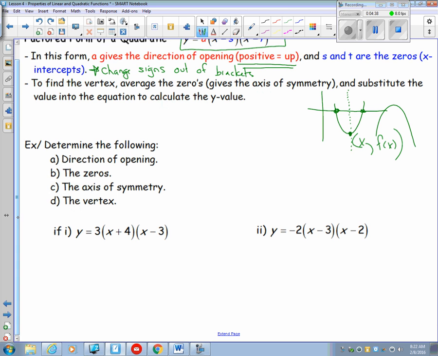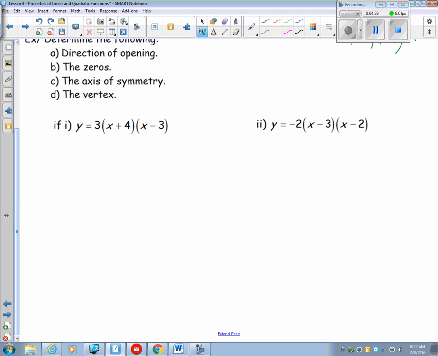I want to determine the following. I want the direction of opening. We said the direction of opening comes from that value. If it's positive, which it is, positive 3, that tells me this opens up. And it's the sign that matters, not the number, the sign. Positive is up. What are the zeros? The zeros are -4 and 0,